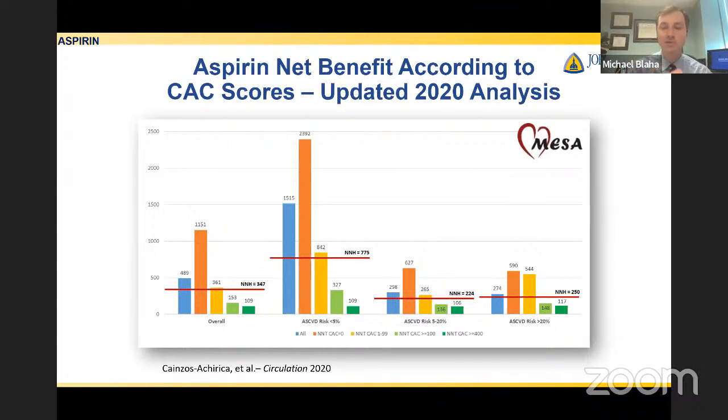What I'm showing you is in blue, all patients, or in orange, patients with calcium score of 0, or in shades up to green, patients with higher calcium scores. What the bars here represent is the number needed to treat. The number needed to treat for 5 years with an aspirin to prevent 1 cardiovascular event. And the red line is the number needed to harm. The number you needed to treat to cause 1 major bleeding episode with aspirin,